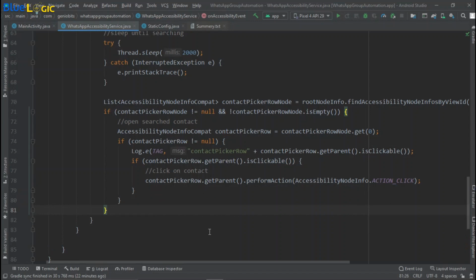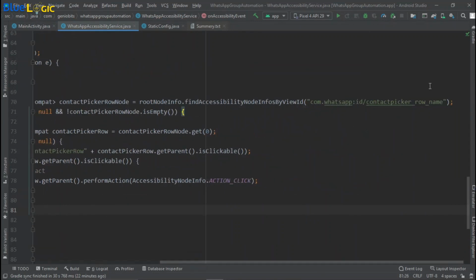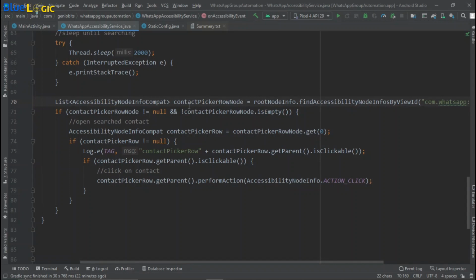Okay, so the row with the ID, contact picker row ID, will be in this list. We will check if that list is empty or null, and if it is not null or empty, then we'll just get the first item of the list in this variable and click on it. And before clicking, we'll check if it is clickable or not. If it is clickable, then we will perform the action click.